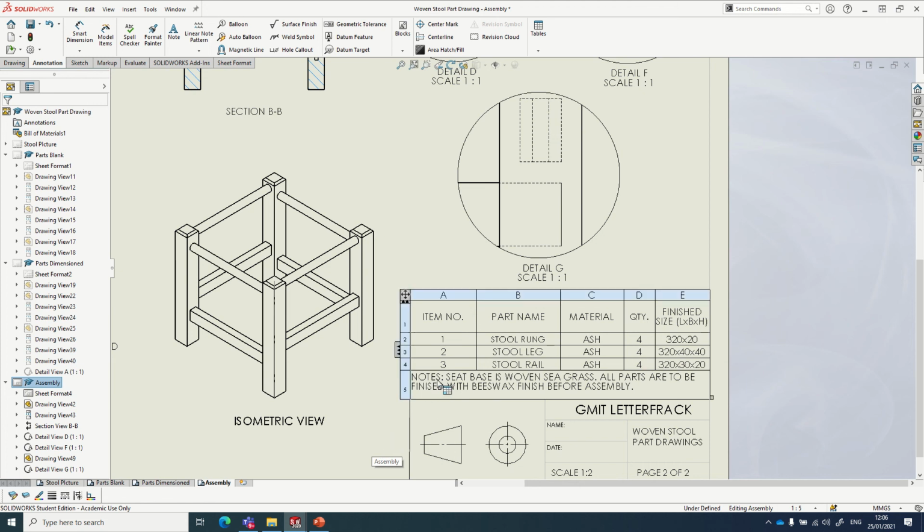So in this case here, we have notes saying the seat base is woven seagrass, just to let you know what the weave here is, and all parts are to be finished with beeswax finish before assembly. So that might be important if you're spraying it, that you might spray it beforehand. Or any other notes, if there was going to be a piece that you're going to be applying to it, if there was a handle or something going to be applied,